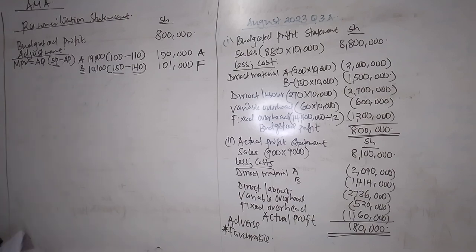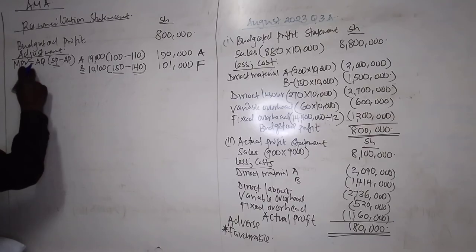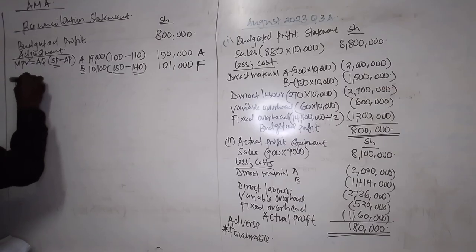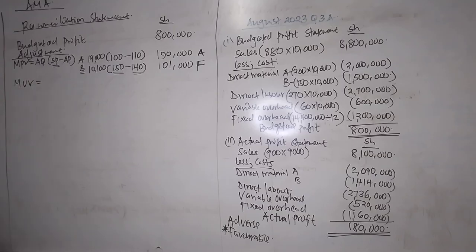And under material, remember, Mwalimu had said that we are going to look at two variances: material price and material usage variance. So for the case of material usage variance, how are we going to get the material usage variance? The material usage